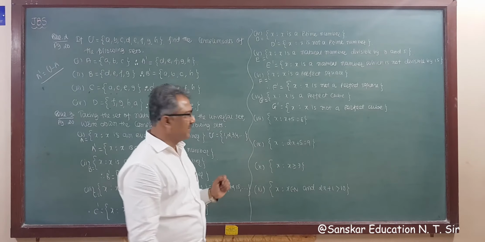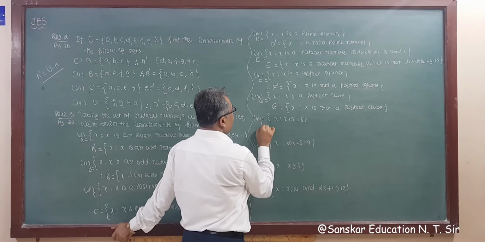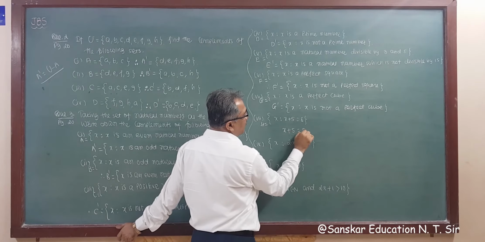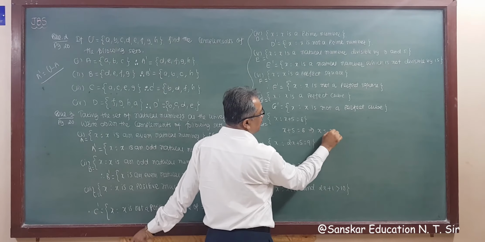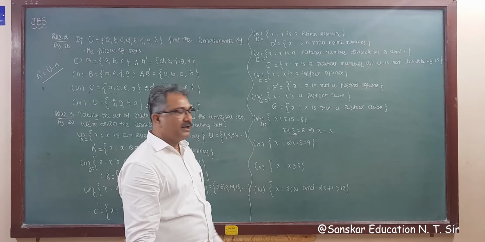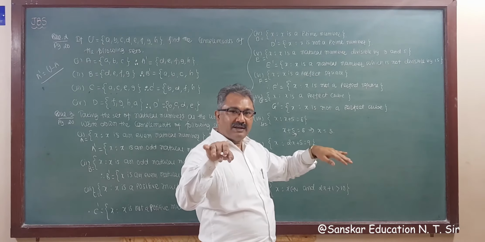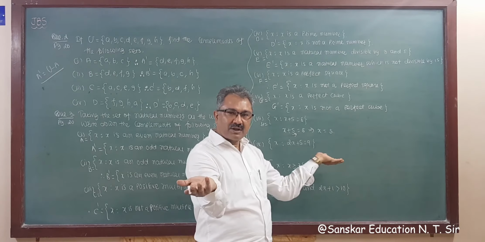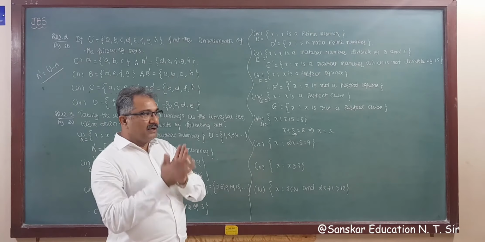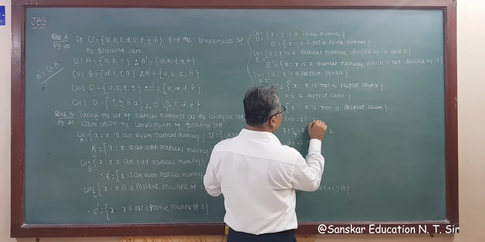Now this is given. So what is given here? Suppose this set is H, then here given x plus 5 is equal to 8. So this implies x is equal to 3. Taking 5 to the right hand side, it becomes minus. So 8 minus 5 is 3. So x is equal to 3. Now x equal to 3. So the complement of 3 is all the numbers except 3. That means all natural numbers, all natural numbers but not equal to 3.